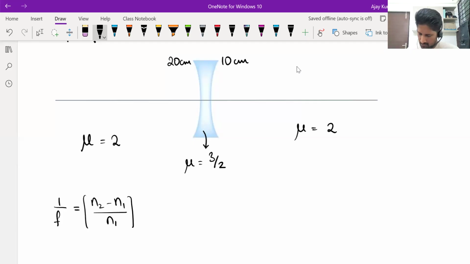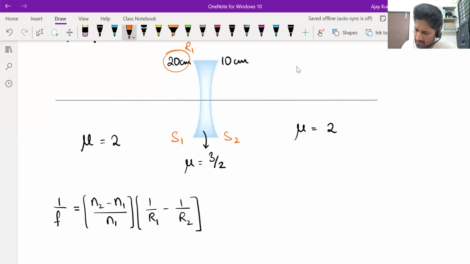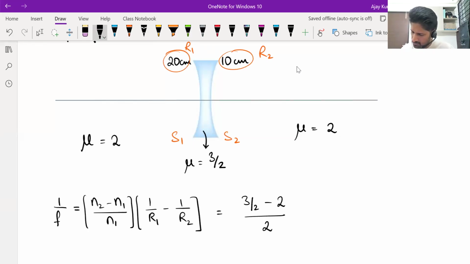Into 1 by R1 minus 1 by R2. Okay. From which side did you assume the incident rays to be falling on the lens? Left side, sir. Okay. Fine. So if you assume incident rays are traveling from the left side towards the lens, then this is the first surface, this is the first radius, and this is the second surface, and this is the second radius for us. Fine. So n2 and n1, it's obvious: (3 by 2 minus 2) whole divided by 2